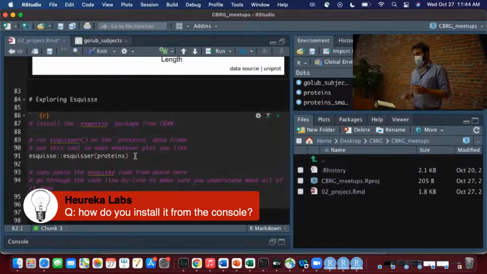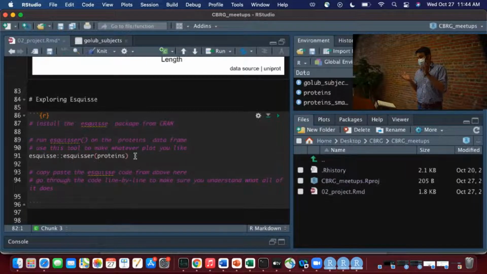And if you do, as is the case with lots of packages, this package also has a bunch of useful functions. One really useful one, maybe the only one that's relevant to us, is this esquisse function. So just like we use launch_projects from the CBRG package, we could type this out. So one thing worth pointing out is,